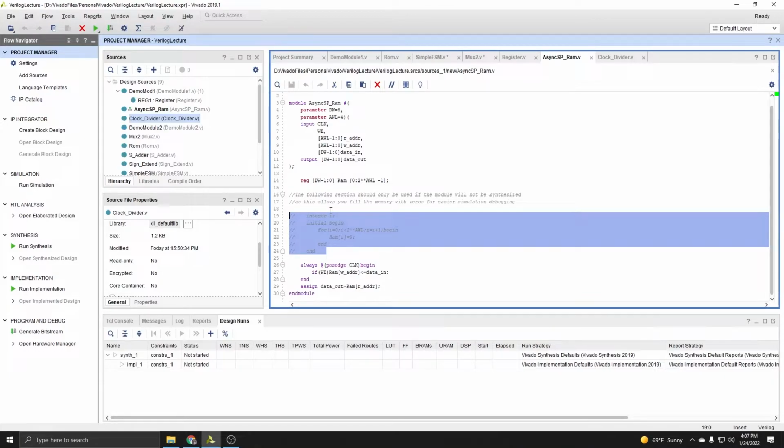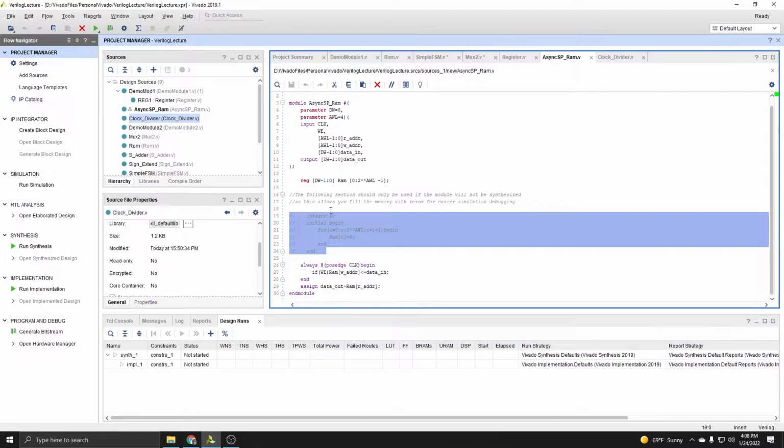Now, when you're simulating only, when it's something that you're not actually going to synthesize to an FPGA and you're only going to use for simulation, which is this class, you can use this little block of code, which will allow you to